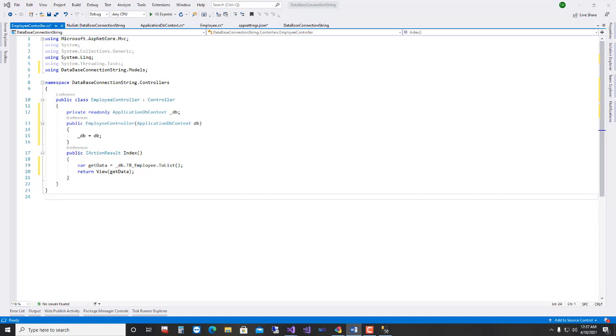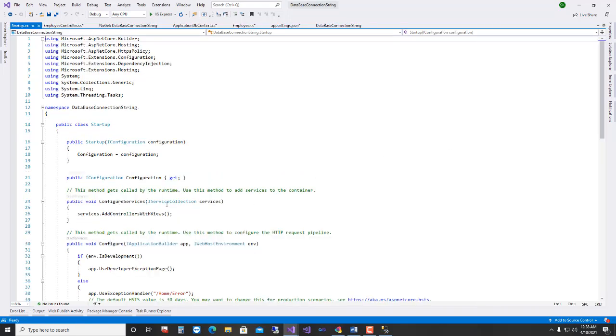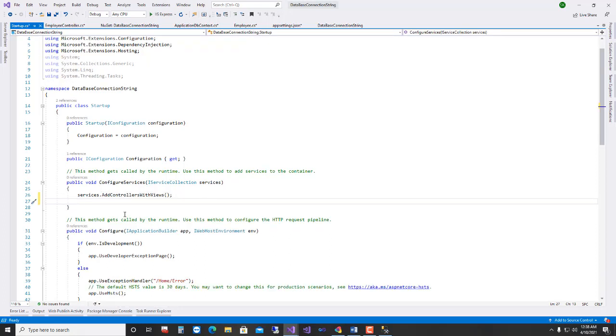Then I need to add a configure service for ApplicationDbContext. For this reason, I need to go to my solution explorer and open the Startup file. Here is the ConfigureServices method. So here I also need to add my service.